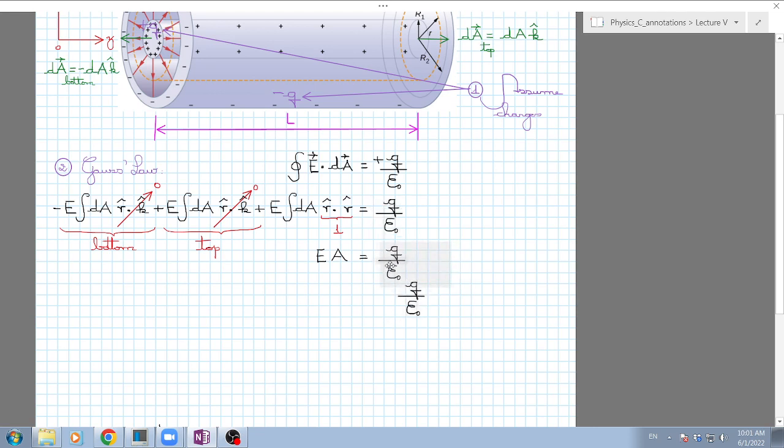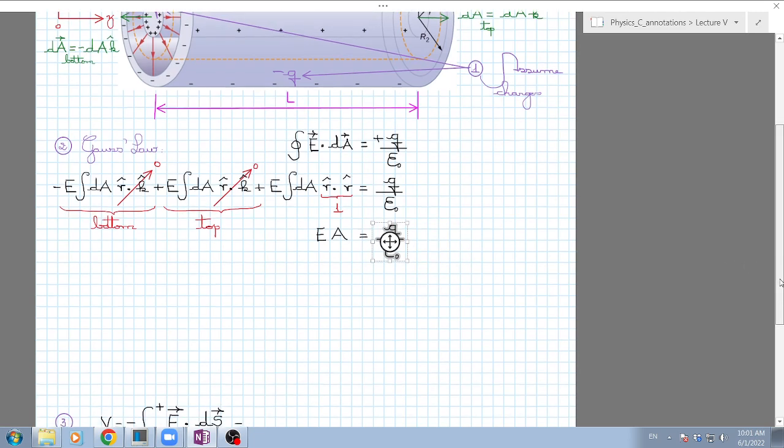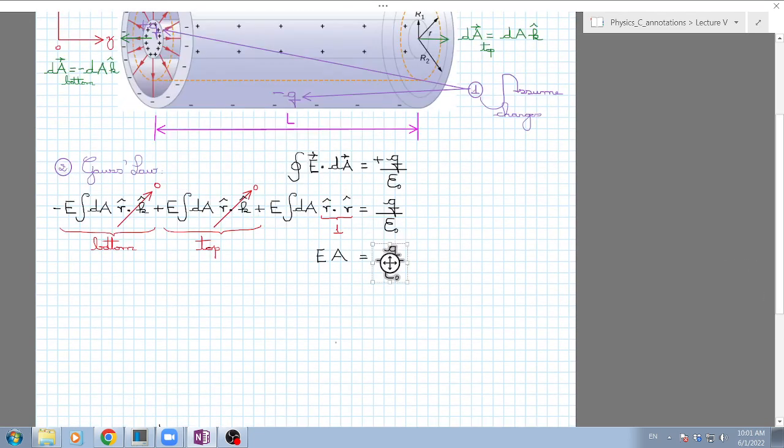This is the lateral area of this cylinder, which is going to be 2 pi r, the radius of the Gaussian surface, times L, the length of the cylinder, and everything is going to be equal to the enclosed charge small q divided by